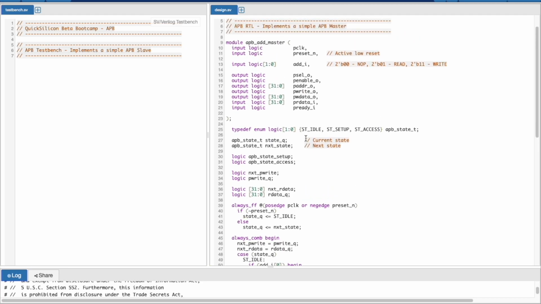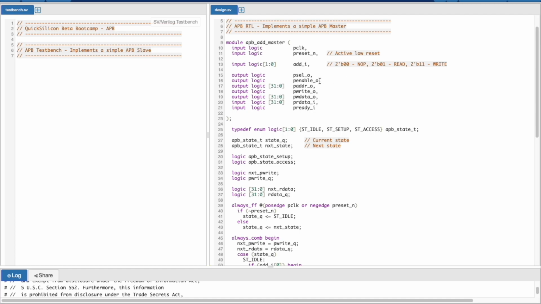Okay, so basically our goal here is to drive all of these output signals, which are your APB related output signals. And how we are driving is by waiting for this add underscore I input, which is given from the test bench or any other component. This signal is decoded as follows: if it is all zeros, then we are not performing any operation.